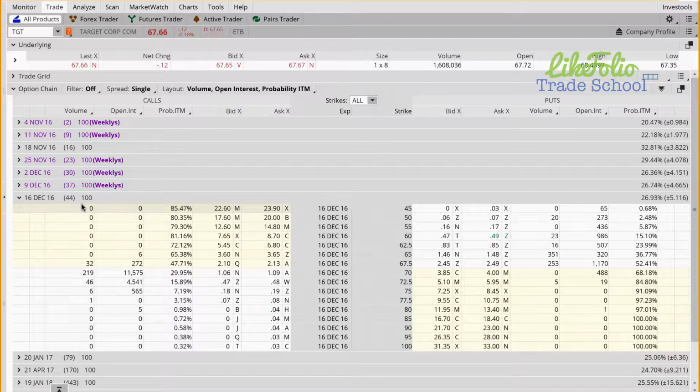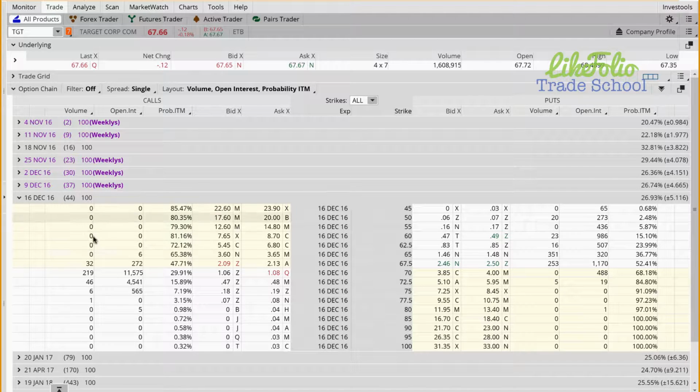All right. So first, when selling puts, we want to determine our duration range. I like selling things that have between 40 and 70 days left until expiration. So this December 16 is perfect. We got 44 days left until expiration. The one that's a little bit further out is 79 days. That's too much duration. This one here has 37 days, which is pretty close to the 40-day minimum, but it's